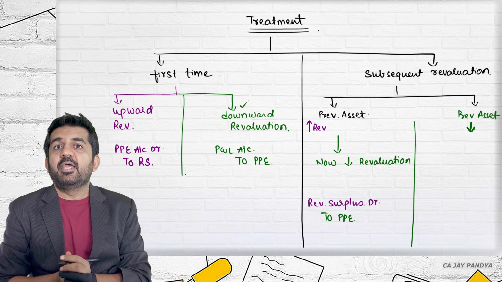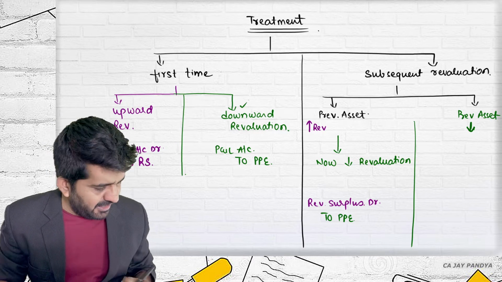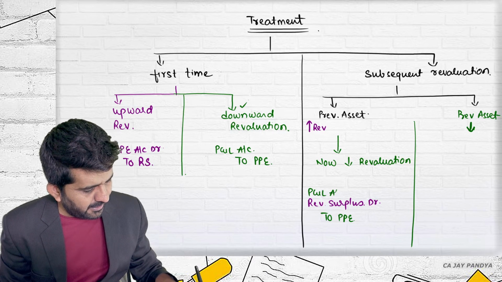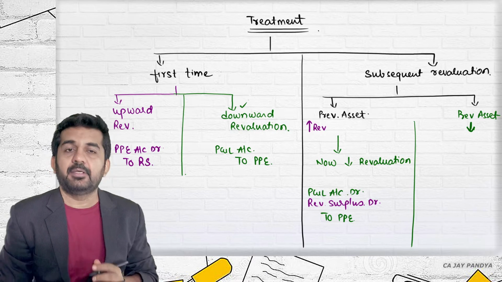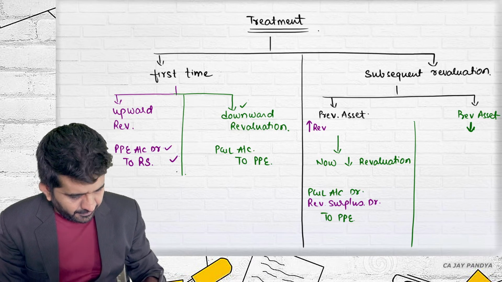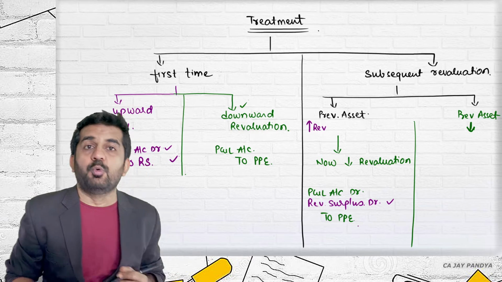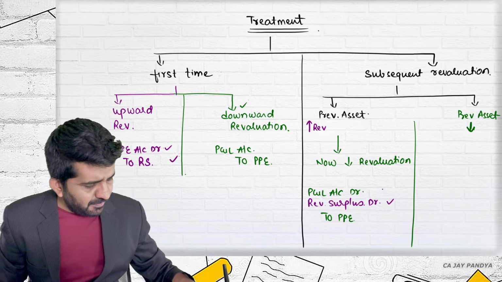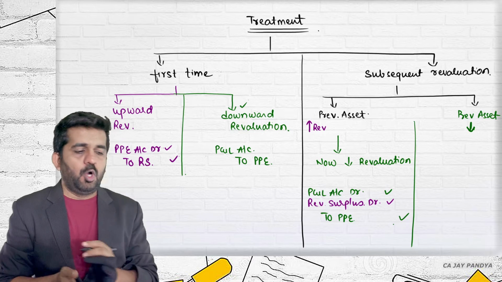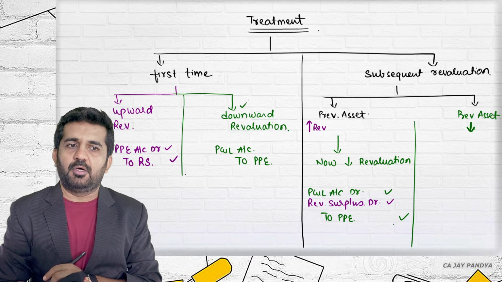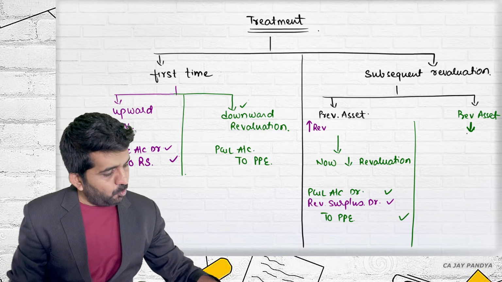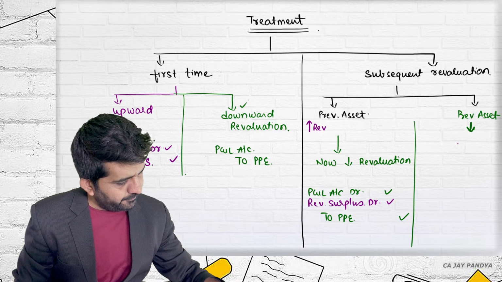And if there is any remaining balance, it should be debited to the P&L account. So previously you have created the surplus that can be utilized over here. All right. And the remaining amount should be debited to the P&L account, and whatever reduction you want, you can easily reduce from it. All right. Now previously the asset was downward revalued